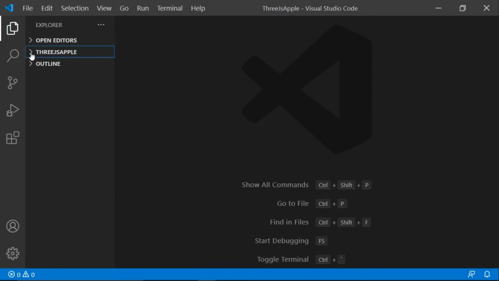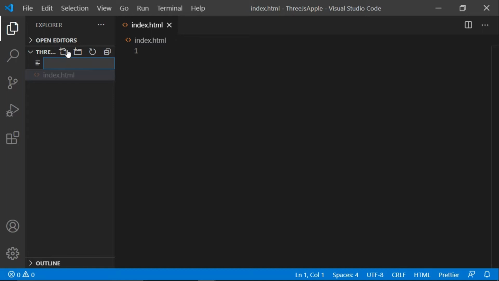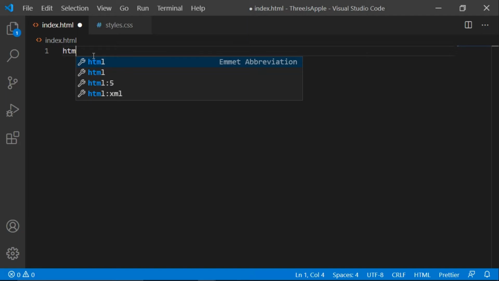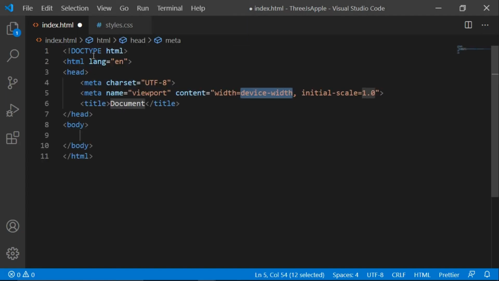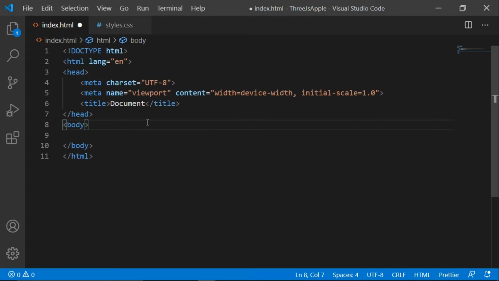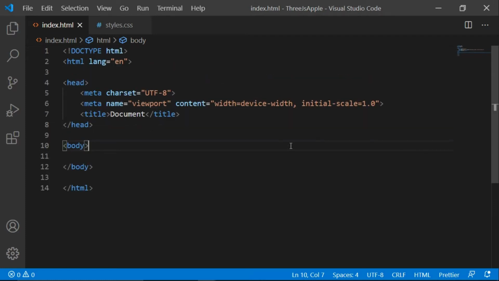So we haven't made anything inside that. So let's make a new file inside it, that is index.html, and we'll hit enter. And another file will be styles.css, which will be used for styling our index.html document, for all those cards and all of that. So inside this index.html, I will simply write HTML, and I'll select the second one, and now it's perfect. Actually I am familiar with the Atom text editor, so this has some differences compared to Atom. So I'll save it. Perfect.